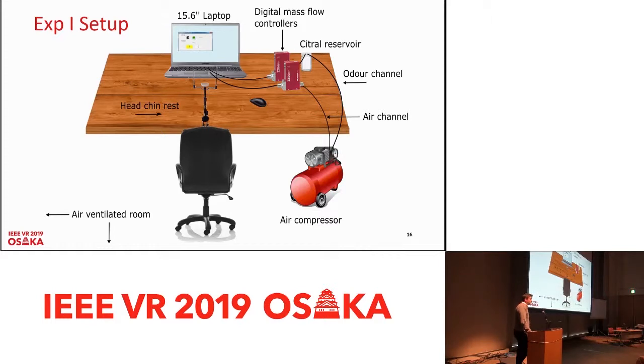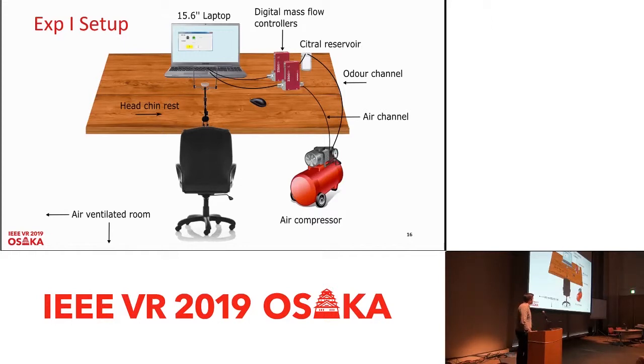case, citral. So we developed an olfactory display, two digital mass flow controllers controlled by an air compressor, and they can deliver specific intensities in a range of 1.2 to 11 parts per million, and that's going to be very accurate within that range. We have a laptop that people are allowed to give rating conditions for, and participants sit in front of